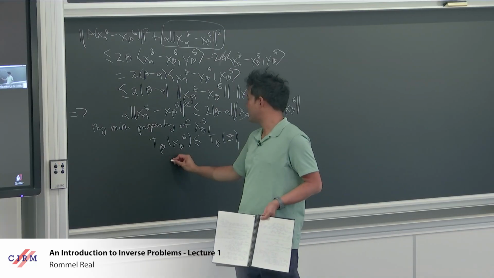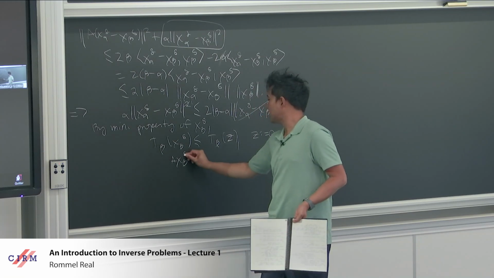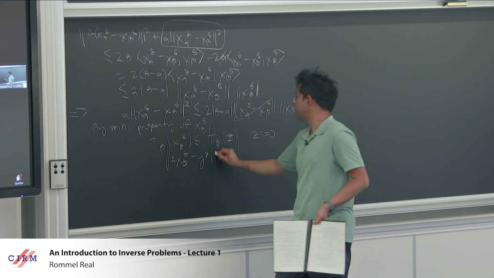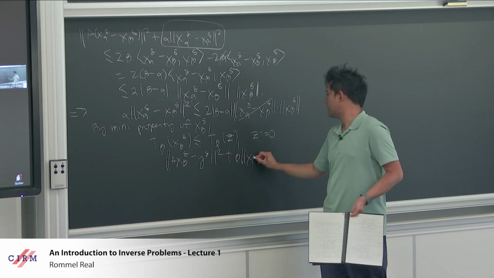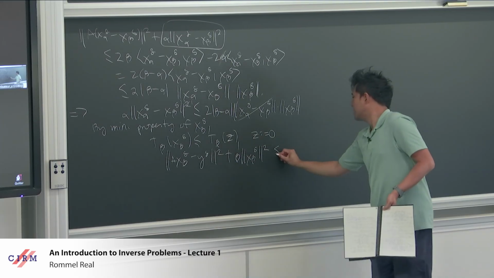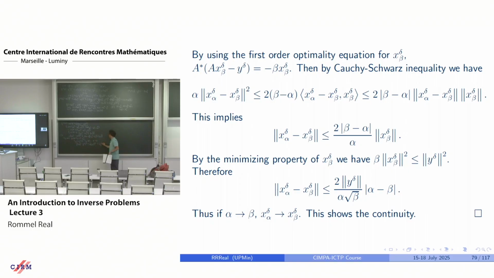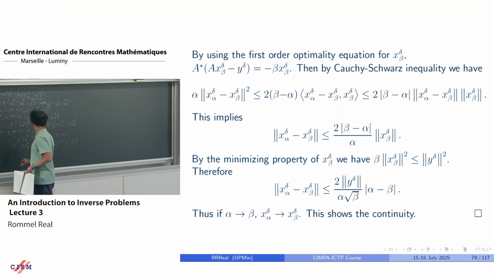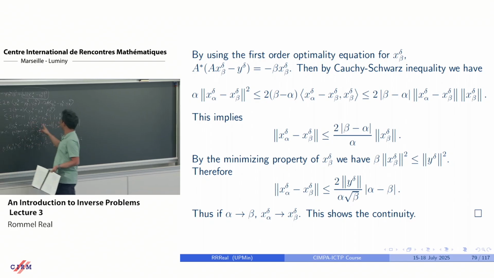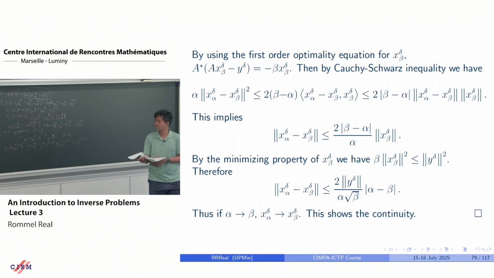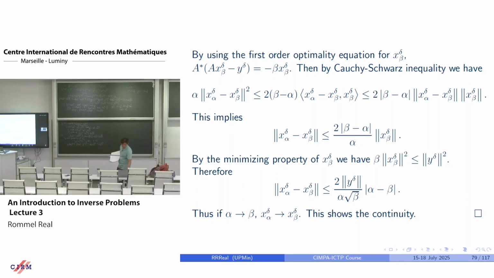So that's why we have the norm of A x beta delta squared plus beta times the norm of x beta delta squared, less than or equal to just the norm of y delta squared. And then from that, you can bound below by beta times the norm of x beta delta, same as what we did here. And then we'll get this expression here. And then we use this bound,